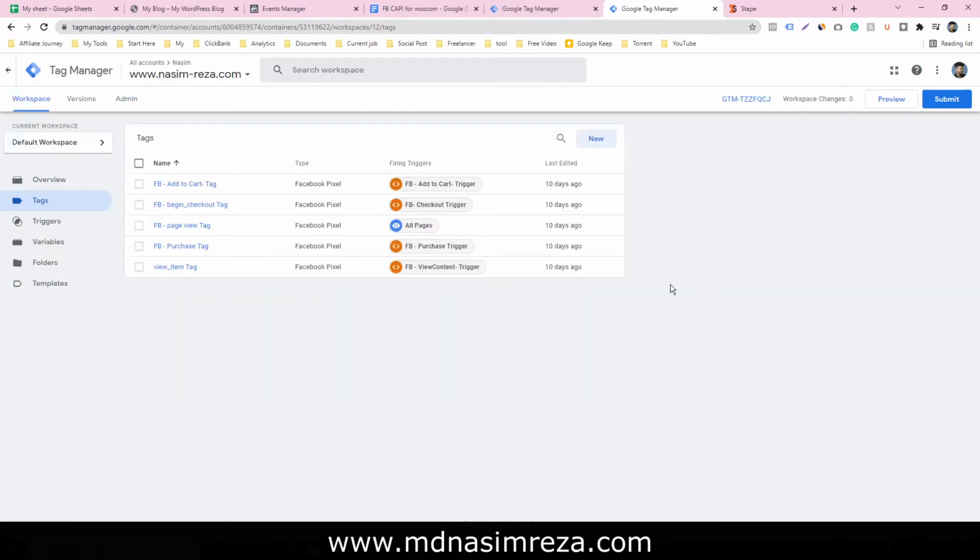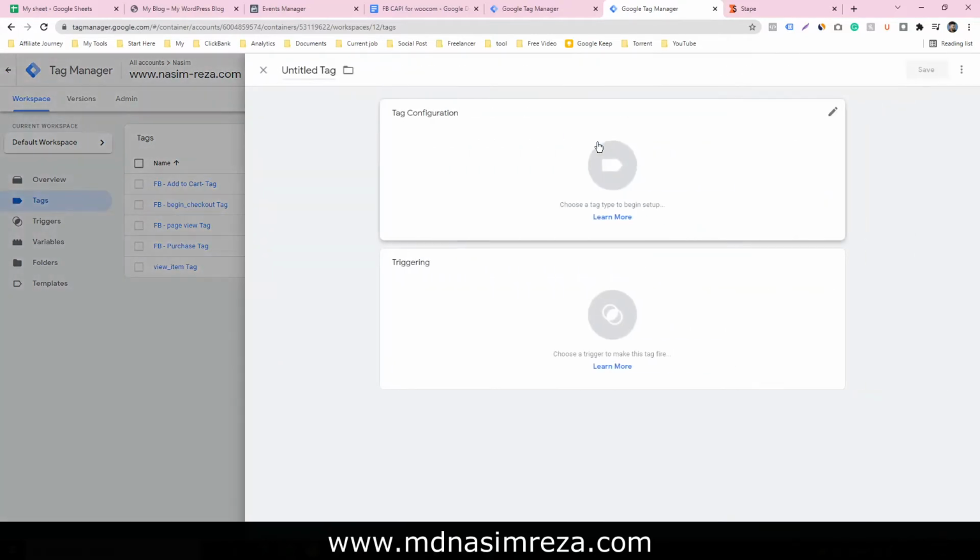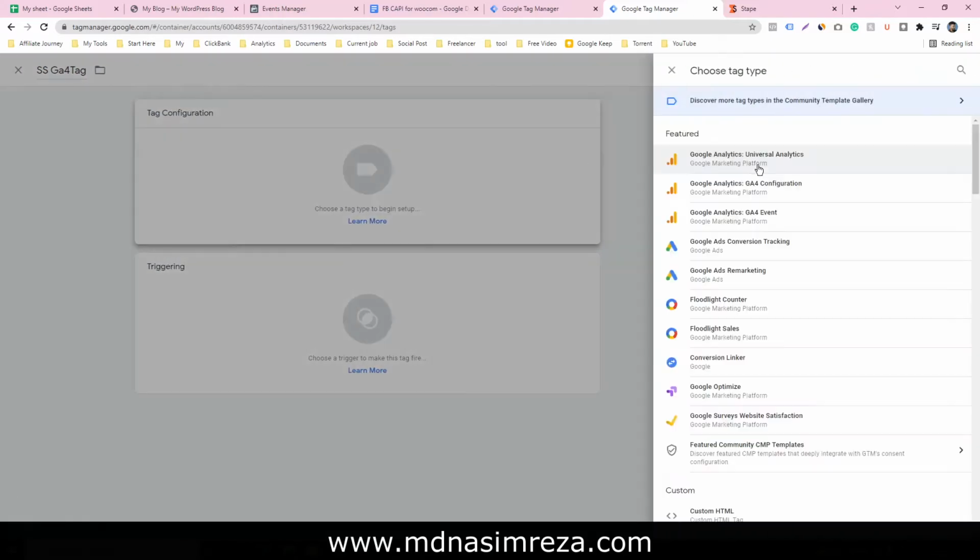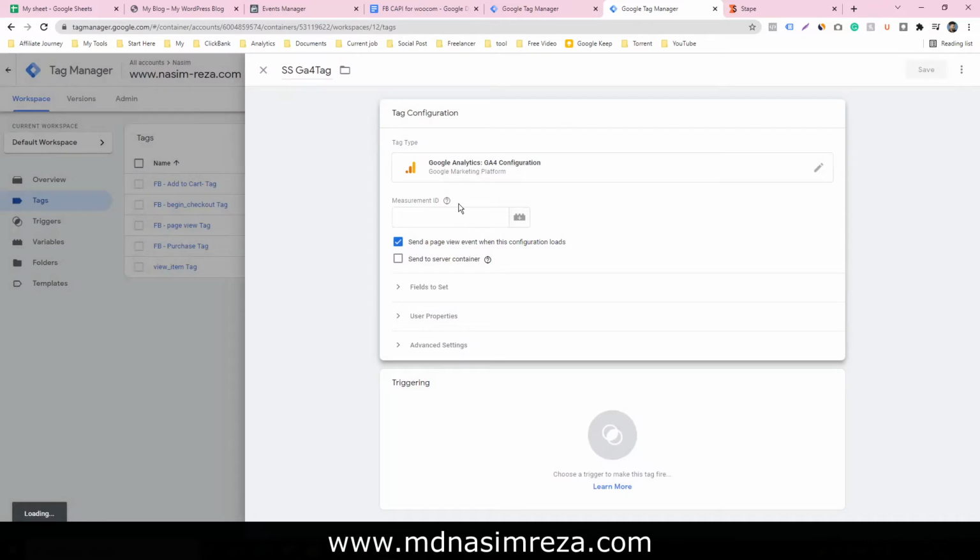Now you have to make a tag in your web container. Click on new, give a name here, and the tag configuration will be GA4 configuration. Input any code here, just start with G, dash, and any number.